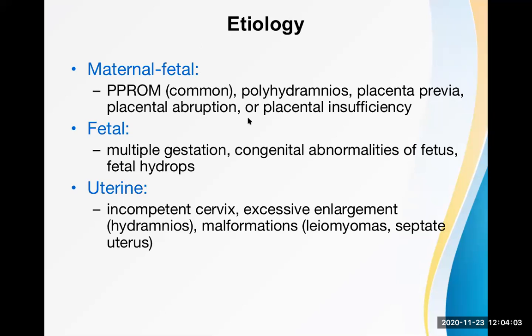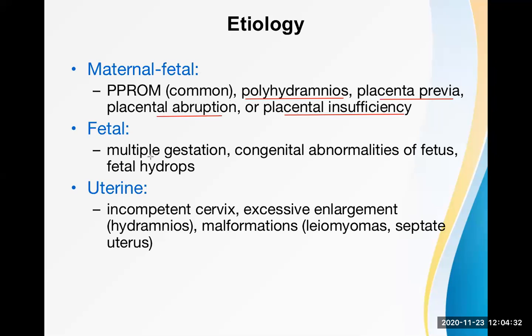Sir, it is an excessive amount of amniotic fluid in the amniotic sac. Exactly. Okay, very simple meaning: excessive amount of amniotic fluid collection in the amniotic cavity. Good. Placenta previa, everybody knows. Placental abruption or abruptio placentae or placental insufficiency, very commonly caused by PIH or pregnancy-induced hypertension. So these are some of the causes of preterm labor from the maternal side.